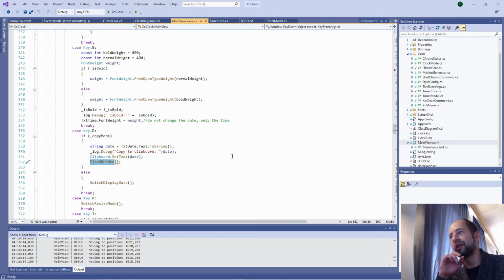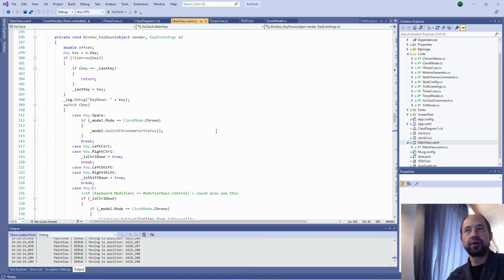What I want to show you here is that there is a big part of the code which is in the code behind of the view, main view XAML. It is not inside the timer model because it is totally independent, and this is typical functionality of the view.